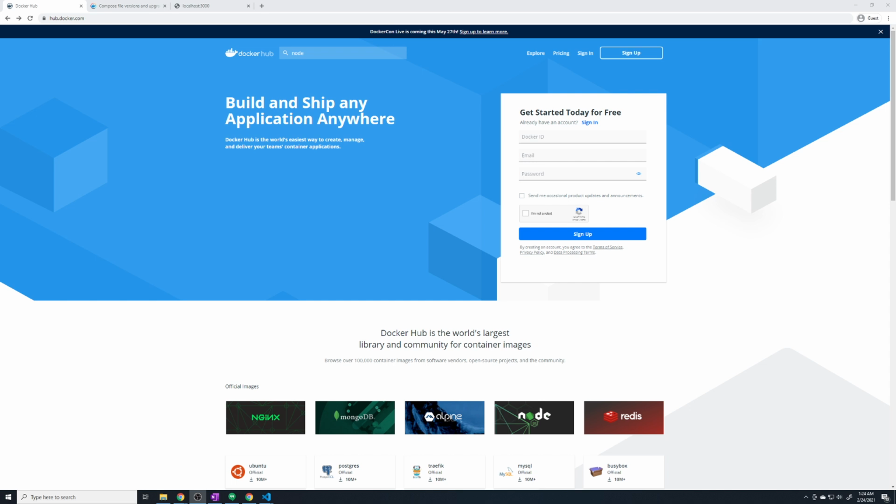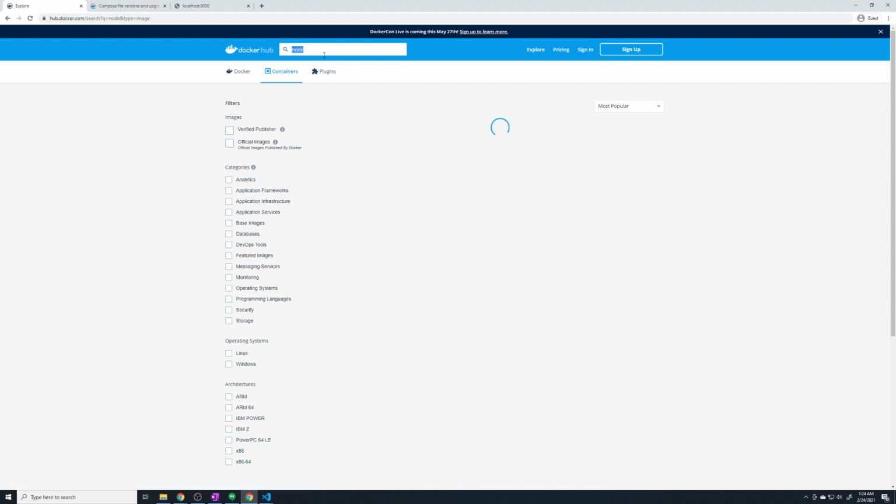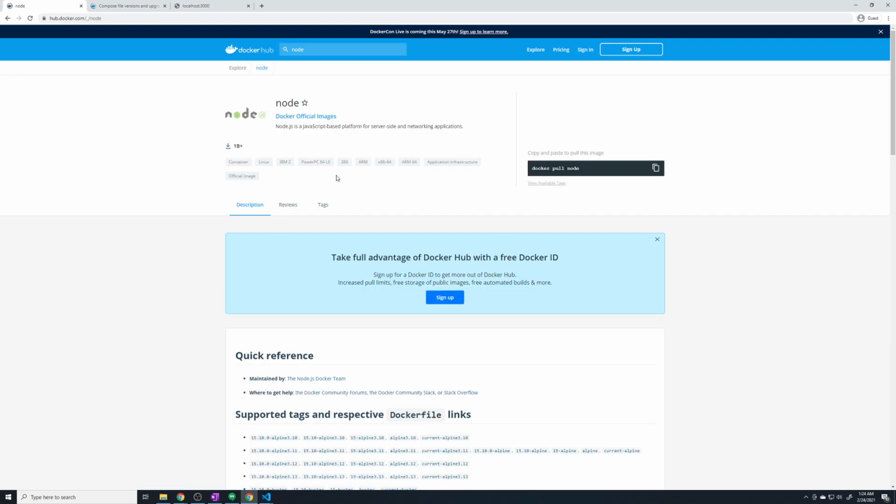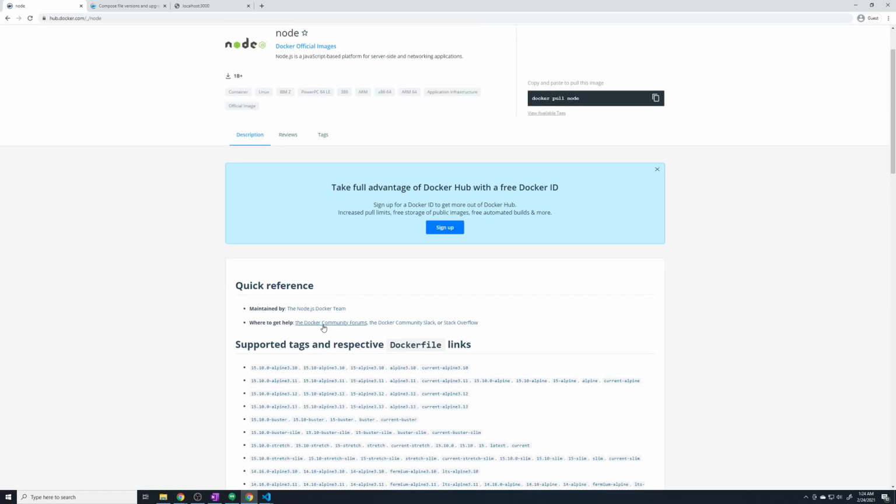But once you have Docker installed on your machine, head on over to hub.docker.com. And I want you to just search for Node within that search bar right there. Once that's finished loading, you'll see that the first result is the official Node Docker image. So this is a public image provided by the Node team. And it's a fairly lightweight image that basically has Node already installed for us so that we don't have to